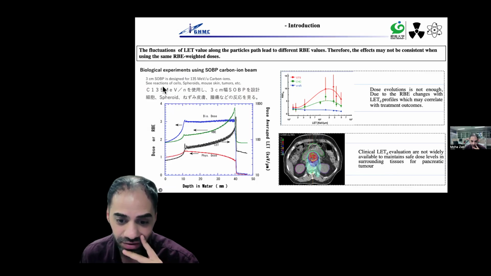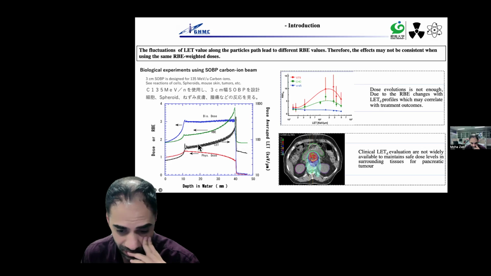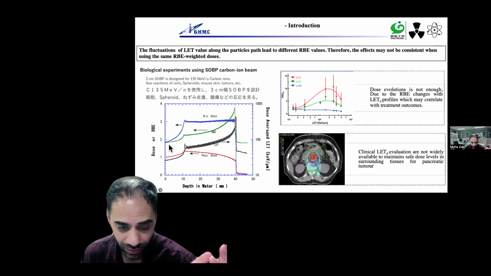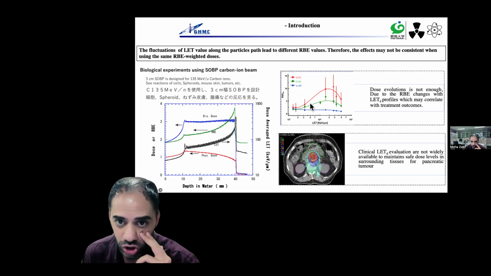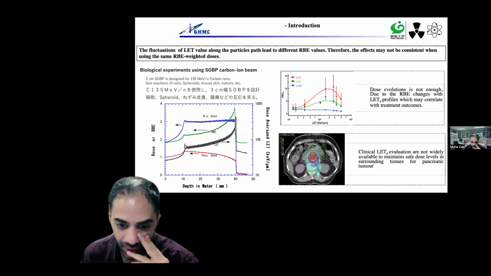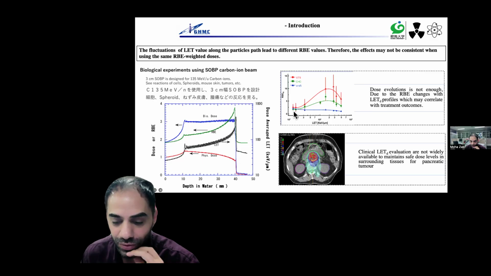LET changes along the carbon ion beam path. Because of this LET change, RBE can also change. Along the Bragg peak path, the value of LET changes, and because of this change, RBE also can change value. And this means that the biological effect might not be uniform,